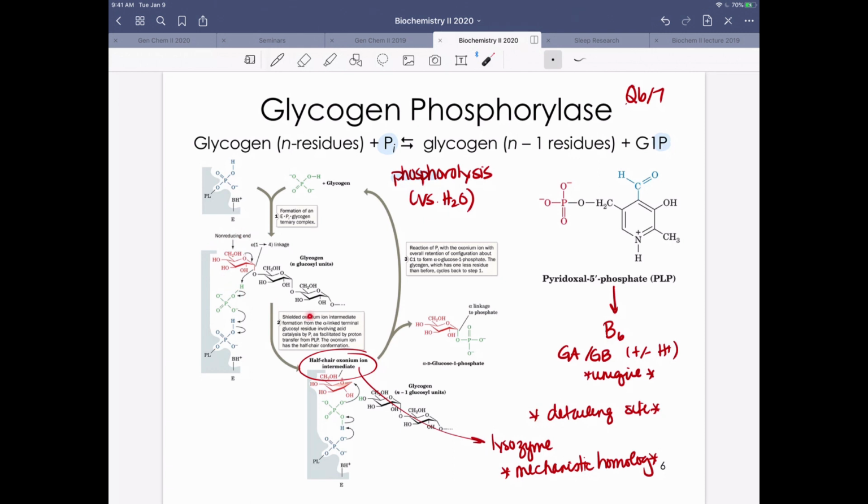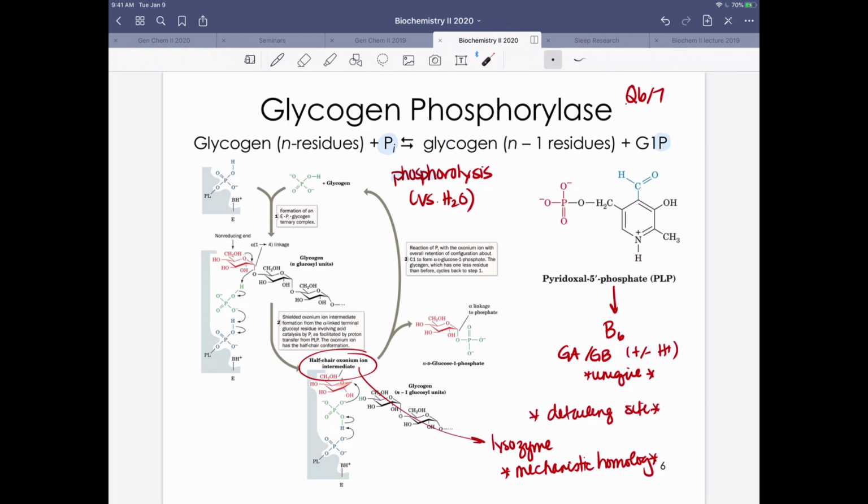We've got our glycogen polymer here. Here's the alpha-1,4 glycosidic linkage that's going to be broken. We actually need some vitamin B6 here. This vitamin B6 performs a unique role. It doesn't serve as a source of phosphate, even though it is a phosphorylated compound. It's actually going to serve in a general acid, general base role, which is kind of unique, not what you